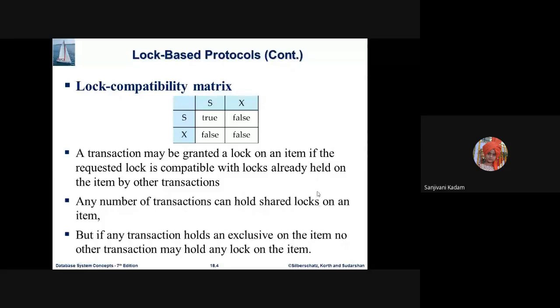Okay, let us see. Simultaneously, which types of locks are available? It means how we can decide, if any transaction is holding a shared mode lock, whether to allow another request or not. So here we are studying the lock compatibility matrix. Lock compatibility means that for whatever existing lock is there, which other lock can be allowed. So here this table is there.